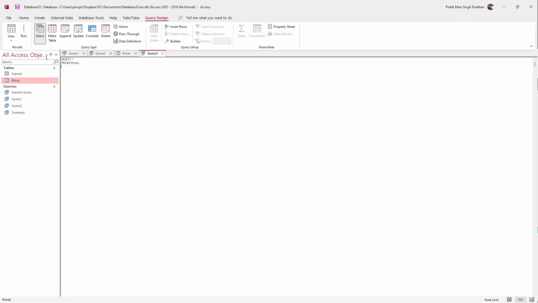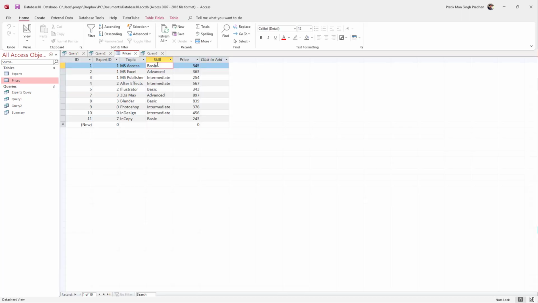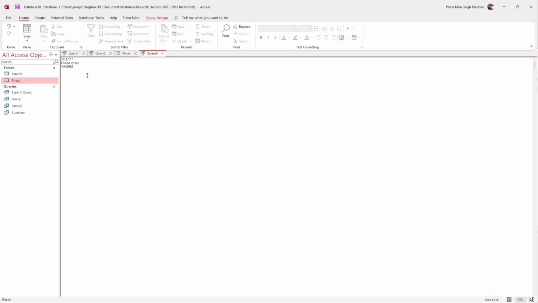And once I do that, I'm going to type in WHERE right here, just like this. And I'm going to define a particular field that is here. So I'm just going to say WHERE Skill right here, just like this. And then I'm going to press enter again. So it is going to select all of the data from the table Prices where Skill is IN the basic